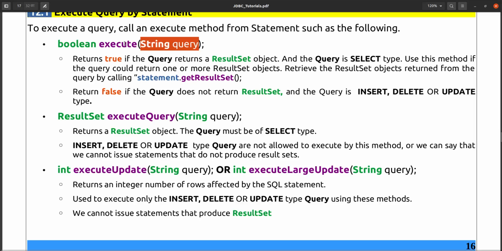If it is a prepared statement, then definitely you need not give this query. If it is a statement, then definitely you have to give that query. But it depends on what type of query you are going to execute. If it is a select statement, then it will return true, and if it is an insert, delete or update type statement, then it will return false, because